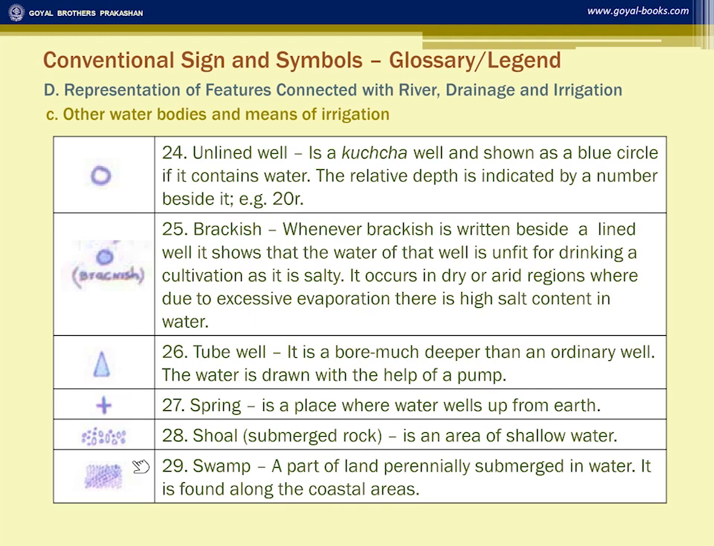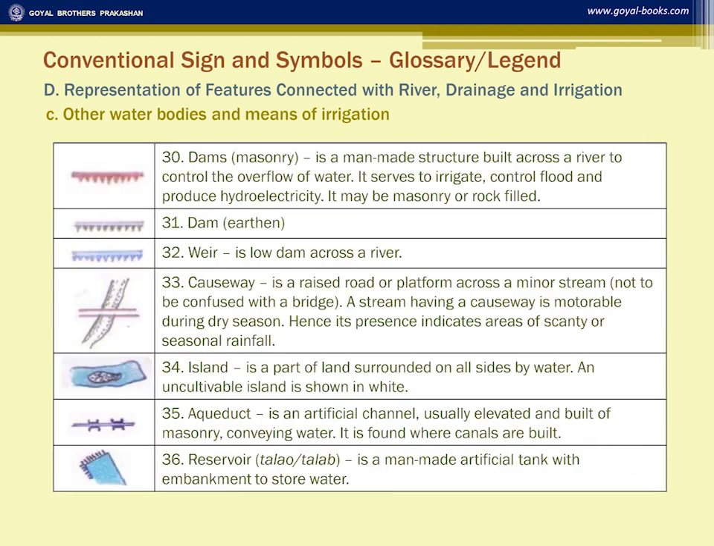Then you have shoal and swamp with different conventional signs. The dams, earthen, masonry, weir, all these are shown by these symbols in different colors. Colors are very significant. These colors are used universally, so we cannot make any changes in the color in which the symbol is given. Now, causeway is another very important point, and you should not forget to learn the definition